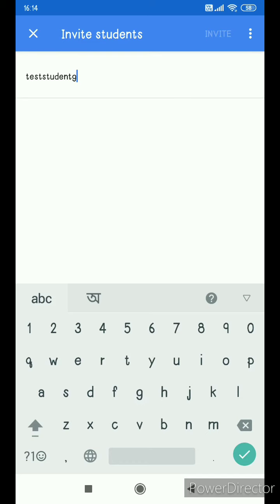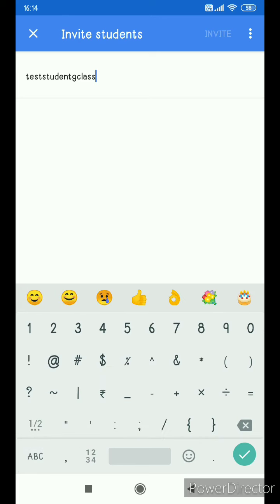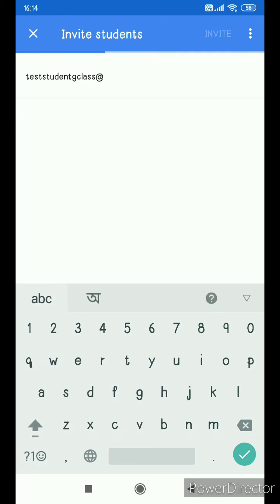Now G Suite IDs don't permit that, but when we are using our personal email IDs, we need to be a bit more careful. So when I have used my personal ID to create such classes, I have always followed this method. It is a bit tedious, I know. Entering the IDs of so many students is a task, but then this will ensure the safety of your account when you are using a personal ID.